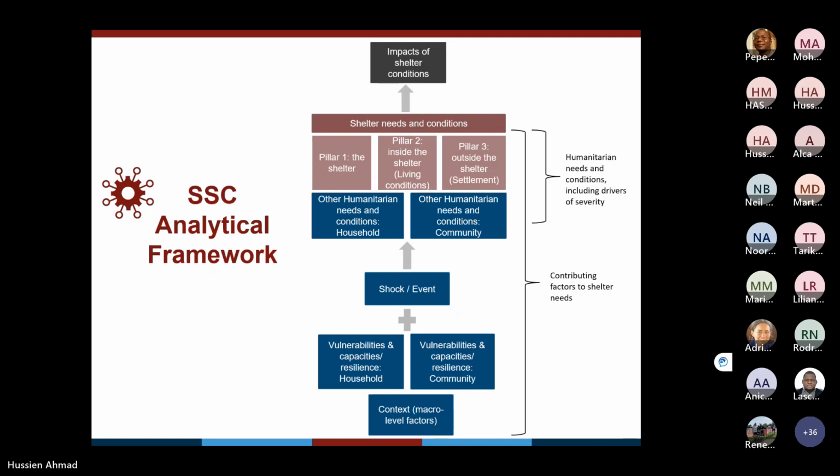But in the MSNA, usually you will have the protection section, you will have the overarching indicators where they have the household size, is it a female headed household, how many children, the age, gender breakdown, disabilities profile, and so on. So this type of data is usually collected in the MSNA, but we don't influence that part as shelter cluster. And if you are doing a shelter cluster standalone assessment, yes, we encourage you to include such questions